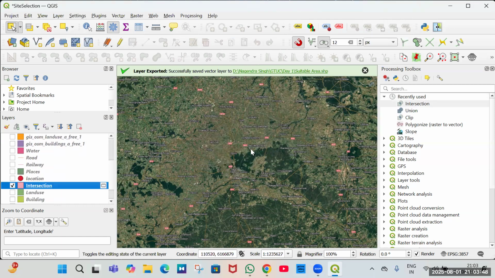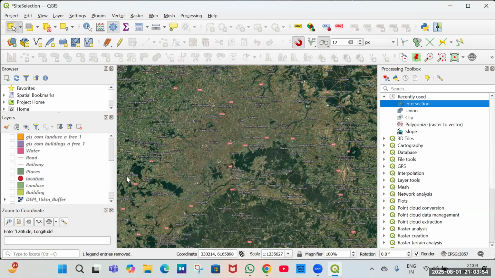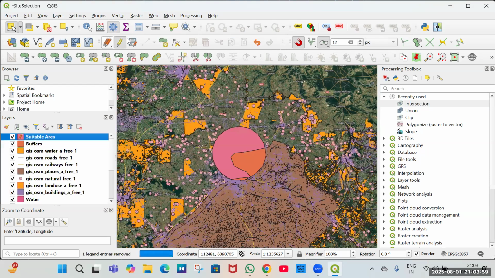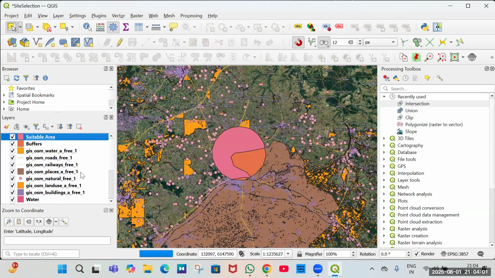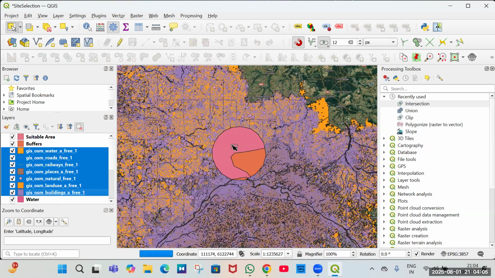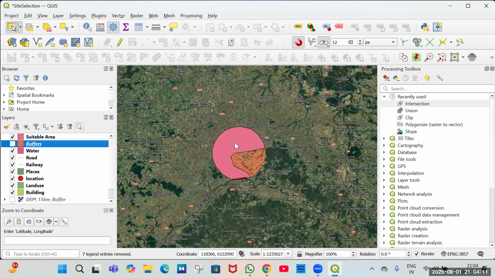Why is it not working here? Intersection. Okay, we have to remove this because we have the data here. We have the data here. Yes. We can remove the buffer also. Now